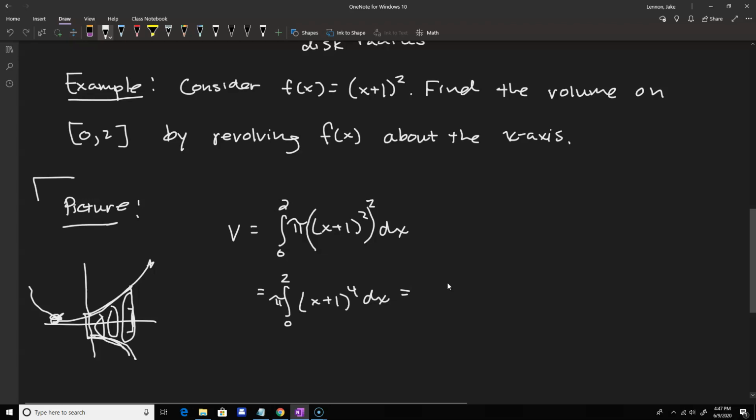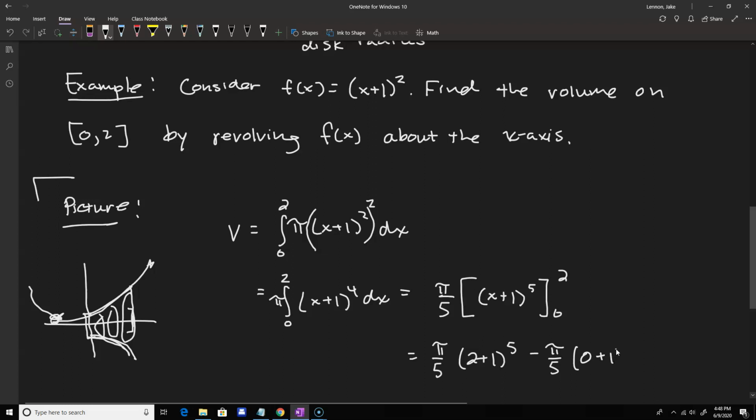We can just add 1 to the exponent 4 and then divide by that. So really we're getting pi over 5 of this function, x plus 1 to the 5th power, from 0 to 2. And we're plugging those in and subtracting, right? So we get pi over 5 times 2 plus 1 to the 5th power, minus pi over 5 times 0 plus 1 to the 5th power. And that comes out to,